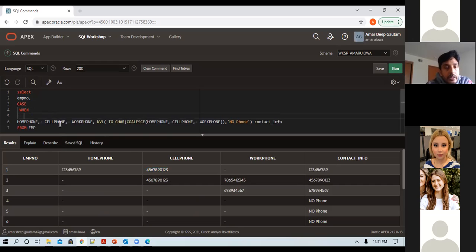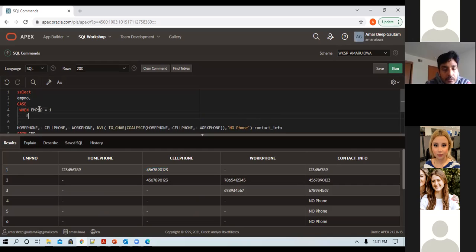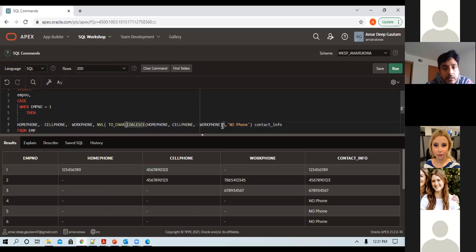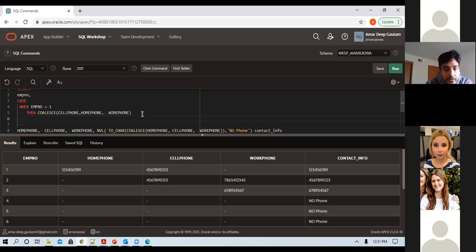Okay. I'll use a case structure: if employee number is equal to 1, then my coalesce function will change. I'll use something like cell first, and for others, you want whatever it is earlier, say home, cell, and then work.